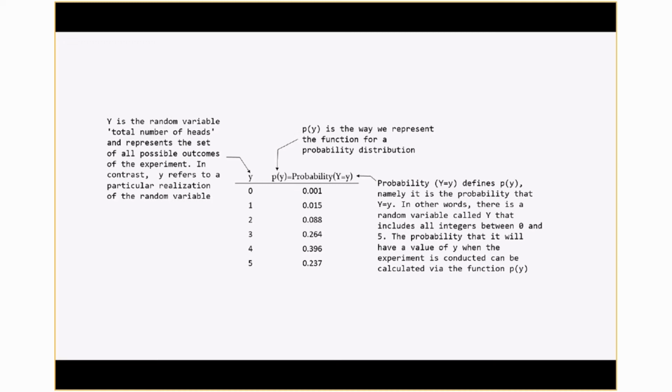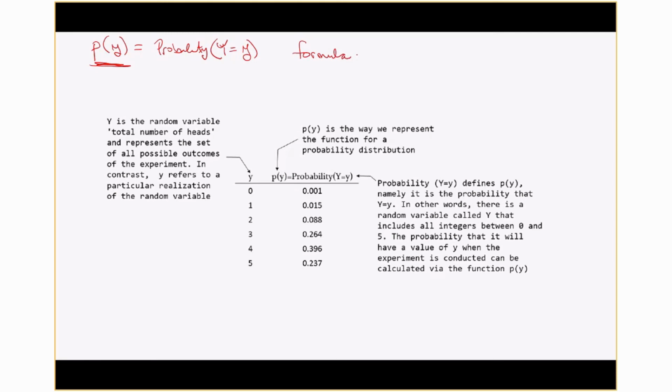So, what we're really trying to understand is the idea of a probability distribution, which takes each value of y and calculates the probability that the random variable y will have that particular value of lowercase y when the experiment is actually run. And we can express this probability distribution in different ways. We can express it as a formula,